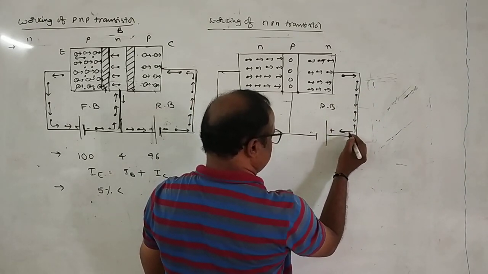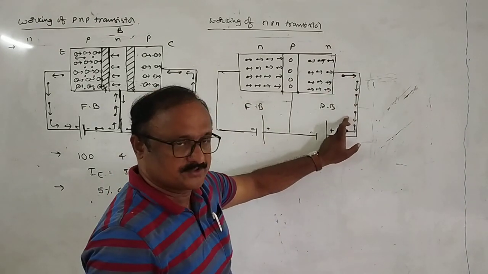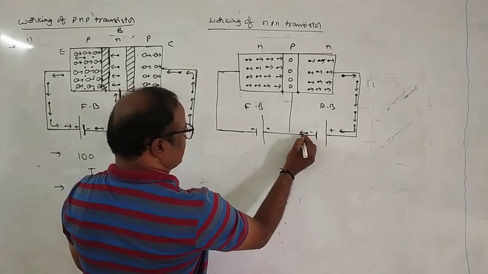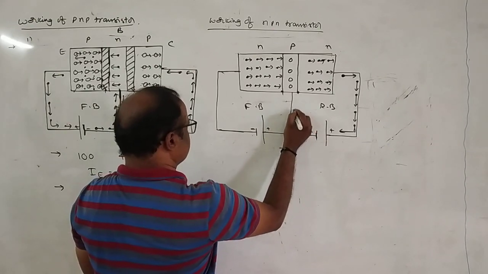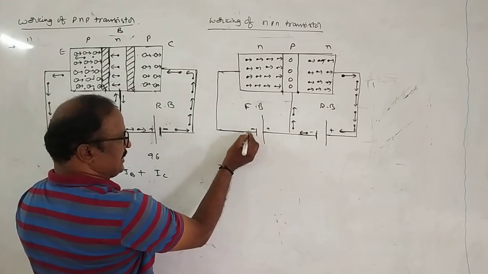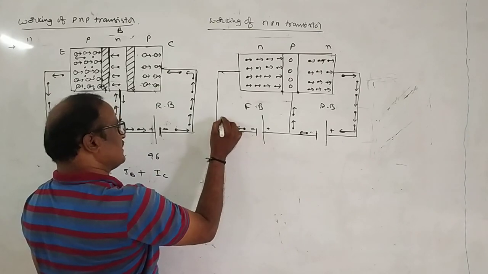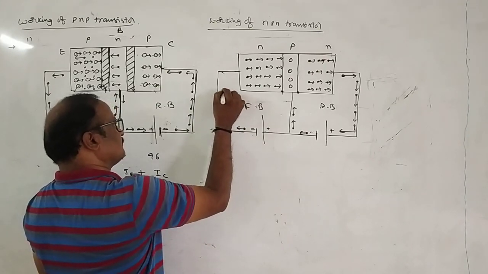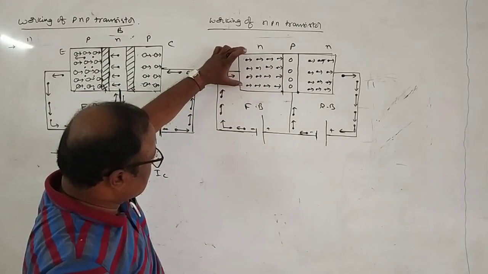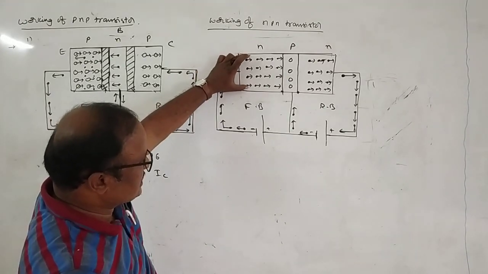Because please remember, my students, in the external wires, current conduction is mainly by the electrons, not by the holes. And here, it is the negative polarity. This will conduct the electrons. They move towards the base. Suppose it is also the negative polarity. Electrons are coming from the battery. They move towards the emitter region.